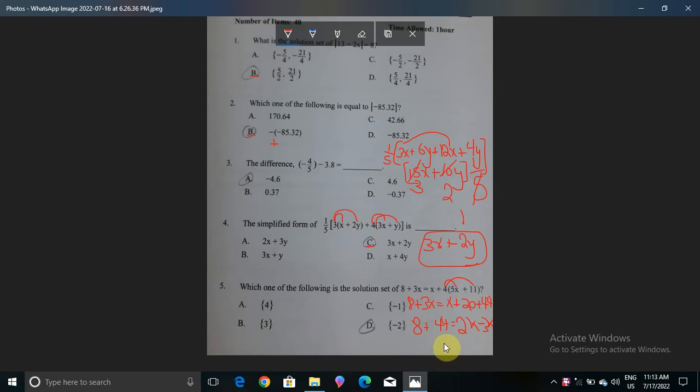Here, after we simplify 8 plus 44, then 21 minus 3x, you will get the last answer. It will be negative 2. So the value of x will be negative 2. Okay, now in the next page,